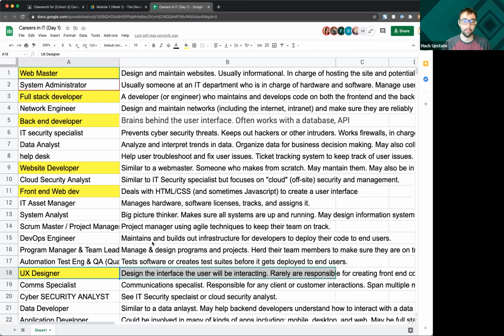And that is a job that you can do full-time on your own, using a program like Sketch or Photoshop or any of those to create a website and hand it off to a developer. So that's another one on the list where you could consider at the end of the program, UX is where I want to focus, and that's kind of where I want to get a job. And we'll be providing resources across the entire program where you can go and dive in and learn a little bit more about that.